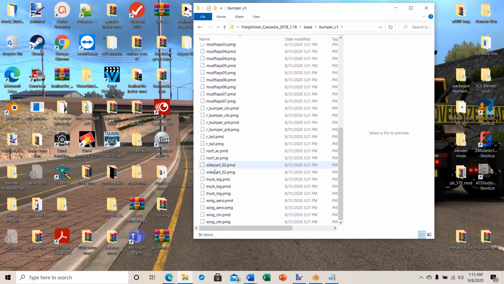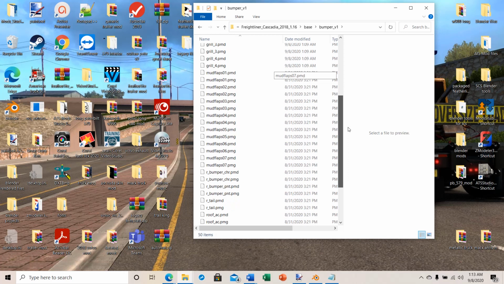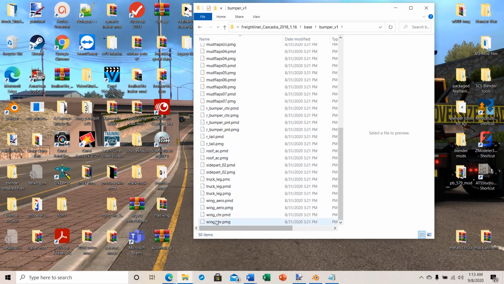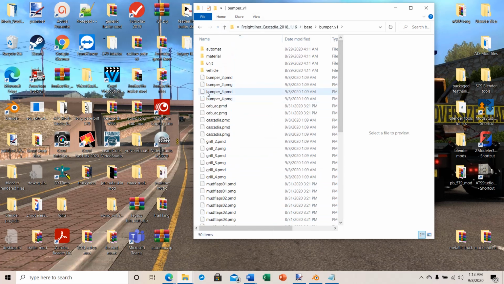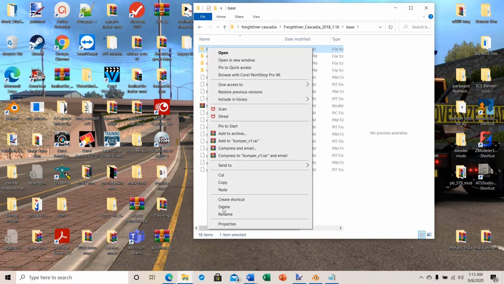And I have a lot more files than what I should have, because I've still got some of my other truck I've been working on. Some of the modifications I've done to it, Blender remembers them and will export them. So let me show you how to get rid of those extra files. So what we'll do, we'll just delete this bumper 1,